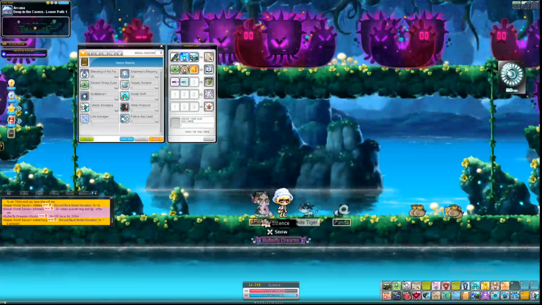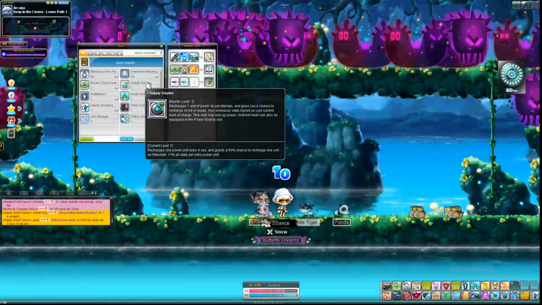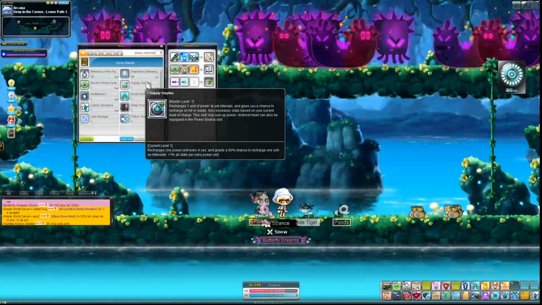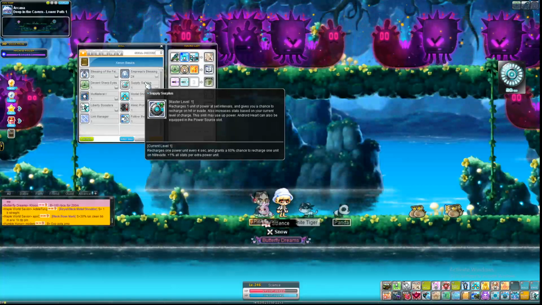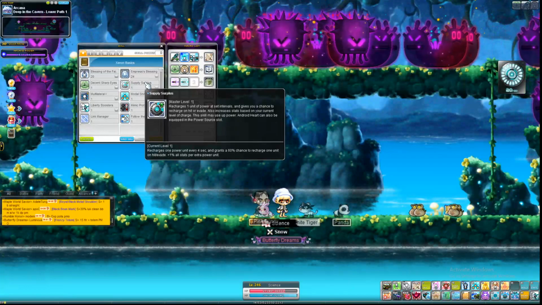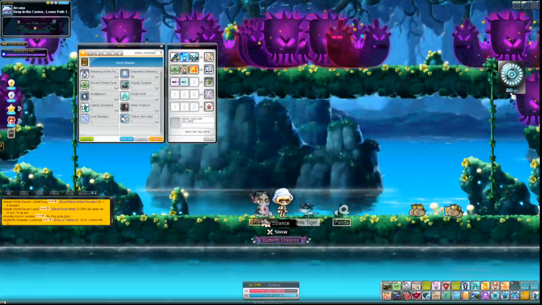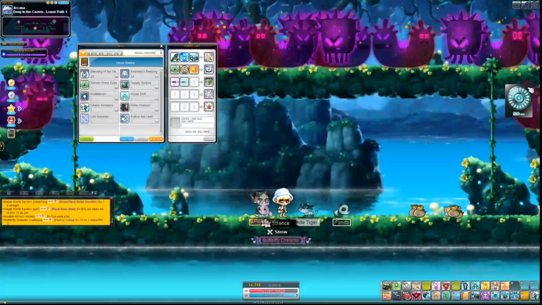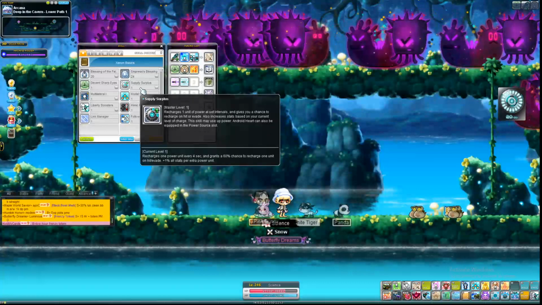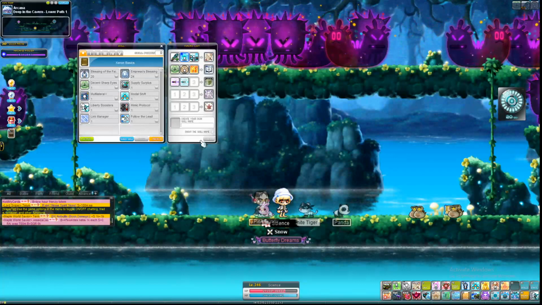Supply Surplus. This right here is your energy that you get. Recharges 1 power unit every 4 seconds. Gains a 60% chance to recharge on hit or evade. The thing about this is you get 1% all stat with every little block you have. So right now I have 20 out of 20. This is because I'm 4th job. When you're 1st job, you get 5 out of 5. But since I'm 4th job, I just get 20 all stat,